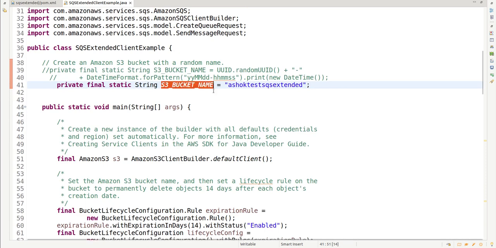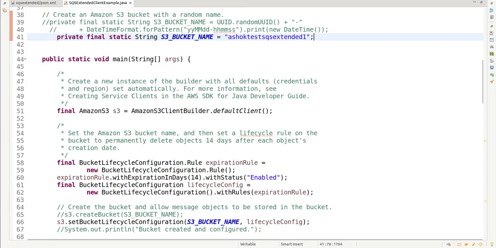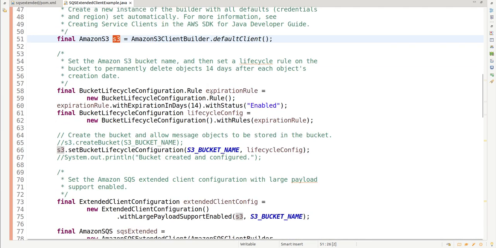So first the S3 bucket name, we just named it S3 bucket name. So I think the bucket name we have changed to 1. So let's change this. Then we have the Amazon S3 client builder, default client. We got the S3 reference. Then we have provided some rule, a bucket lifecycle configuration rule,